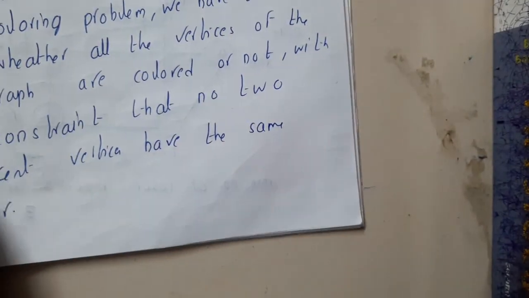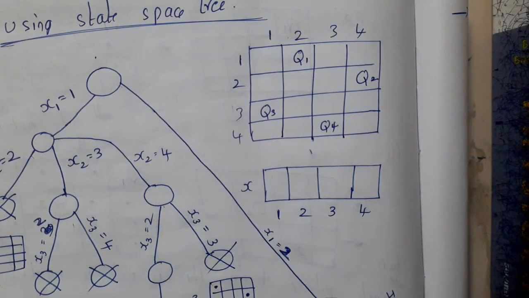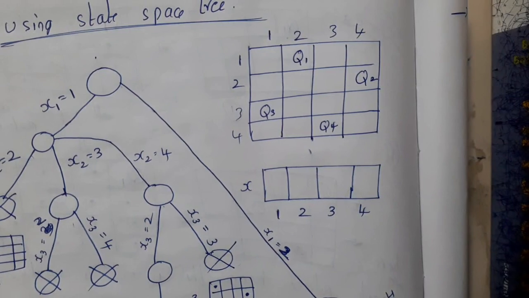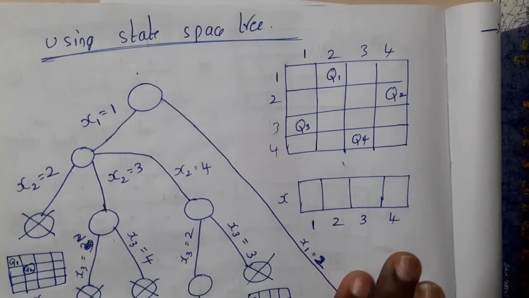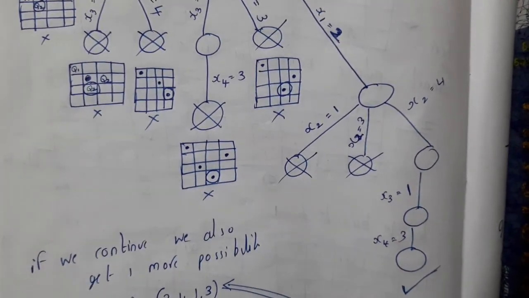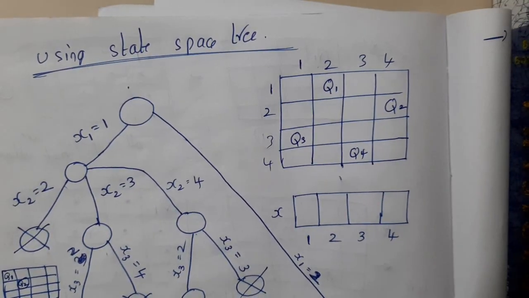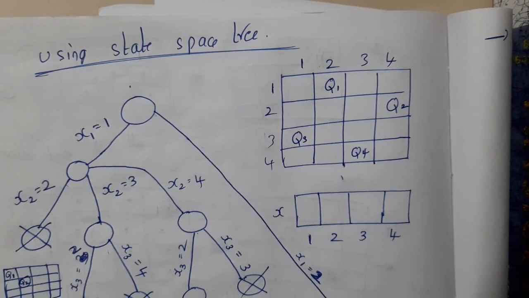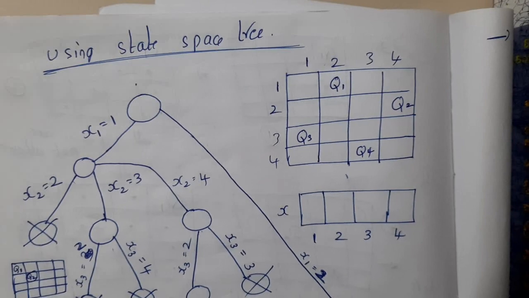Okay, so your question will be, okay, now I got it, then how will backtracking or the state space tree for this problem look like? I think that could be your question, right? Okay, so it will be looking like this, guys. I think in one paper he asked about the four queen problem to explain and draw the state space tree. So please understand it. It's really simple and easy, guys. There is nothing to worry. I'll be taking around 2 to 3 minutes to make you understand, so that it will be clear for you.